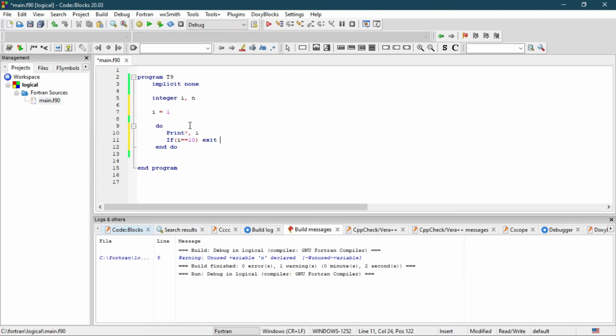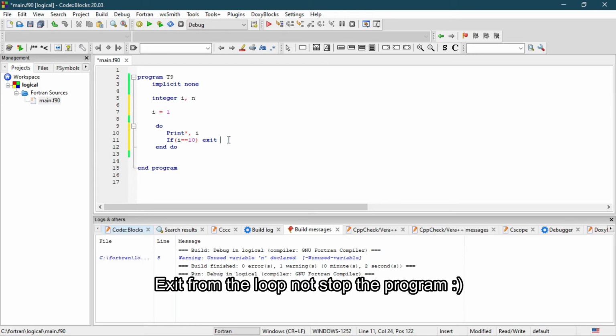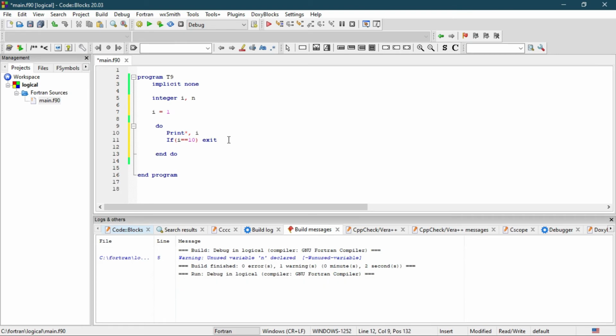This exit command tells Fortran that if the condition within this if statement is satisfied, then just stop and exit from the loop. Now if this is not true, then just increase the value of I by 1. I equals I plus 1.